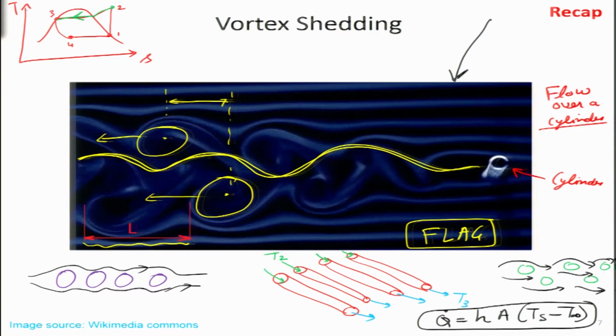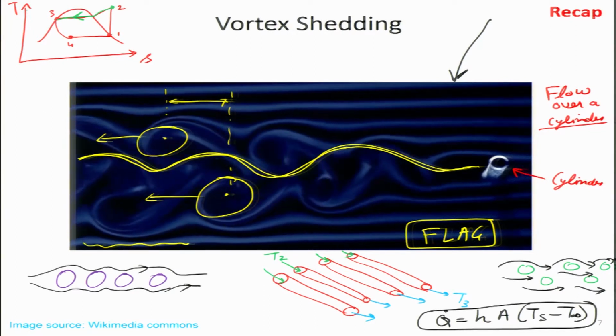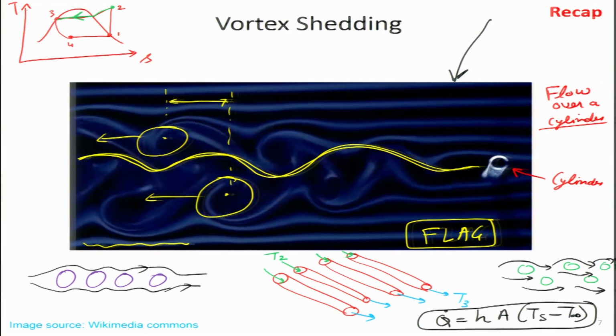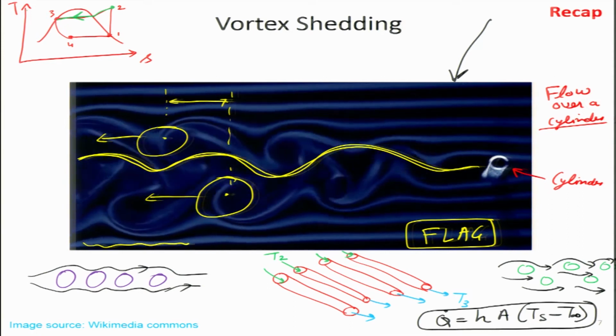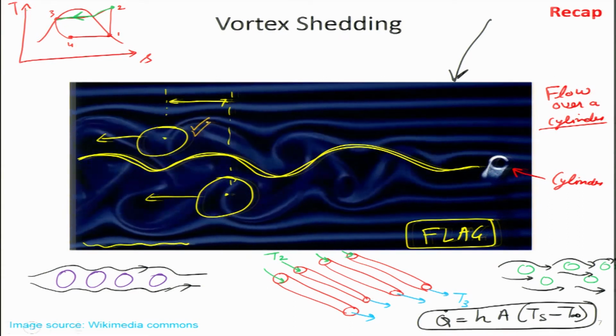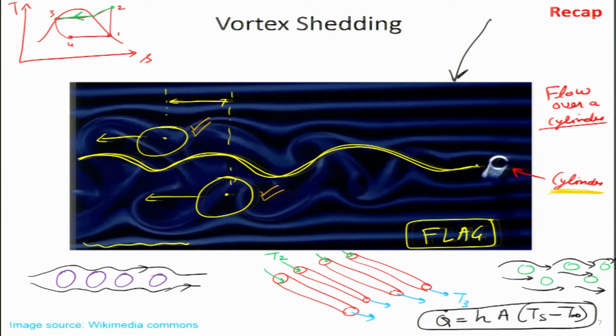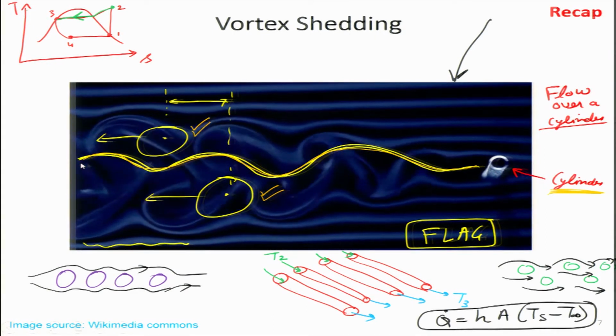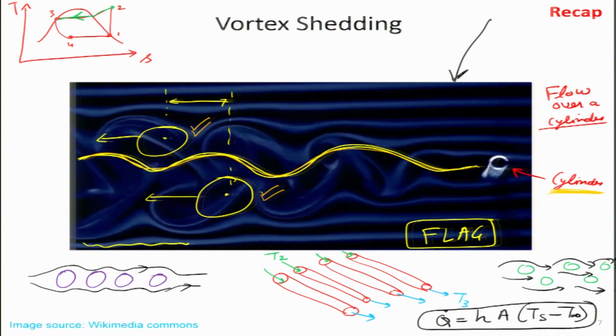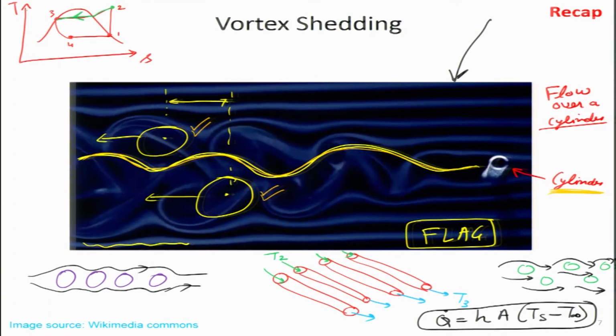Then we looked at the image for vortex shedding, and this was one example that I was trying to give, that there could be different flow regimes in which the flow behaves very, very uniquely. Over here we can see alternating vortices being shed from the top and the bottom side, and all this is caused by the presence of this cylinder over here. And I tried to explain that if we put a cloth over here, it is going to wave just like a flag does when it is posted on a flagpole and there is a high speed of wind.